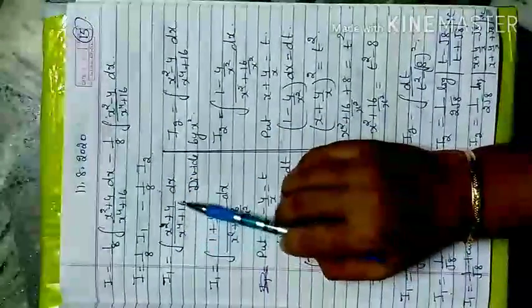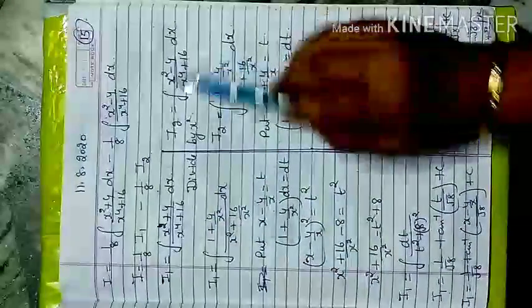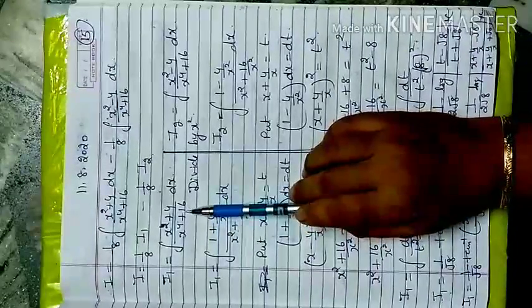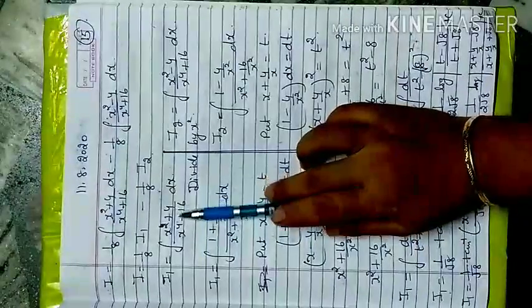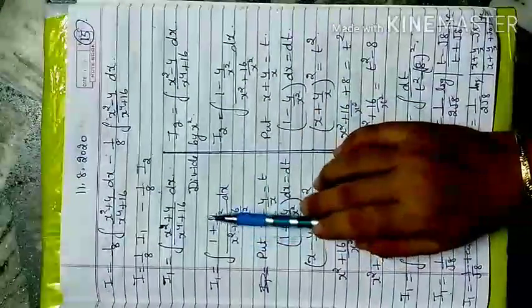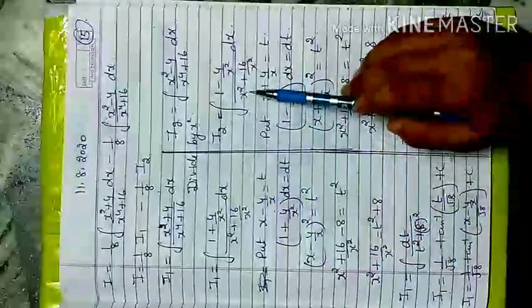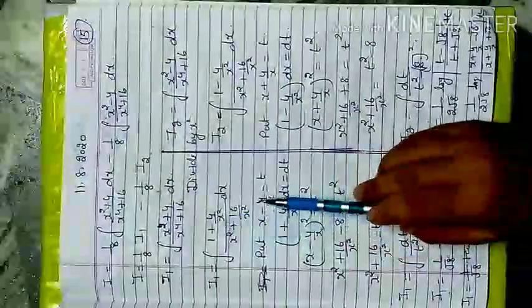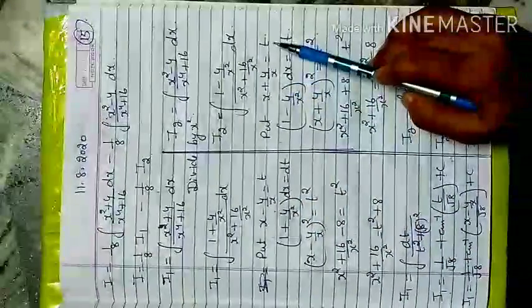So here when I solve this, I1 is x square plus 4 over x4 plus 16, I2 is x square minus 4 over x4 plus 16. Now the condition is, whenever you solve a question by this method, remember whatever constant term is written in the denominator, the numerator constant term should be exactly the square root of the denominator constant term. So here divide by x square: 1 plus 4 by x square, 1 minus 4 by x square, and the denominator becomes x square plus 16 by x square. Now only the sign changes, and this constant term is repeated here. So x minus 4 by x is considered as t, and x plus 4 by x is considered as t.